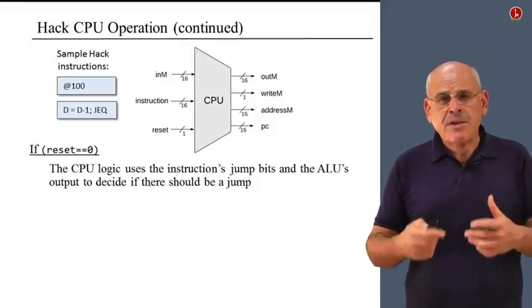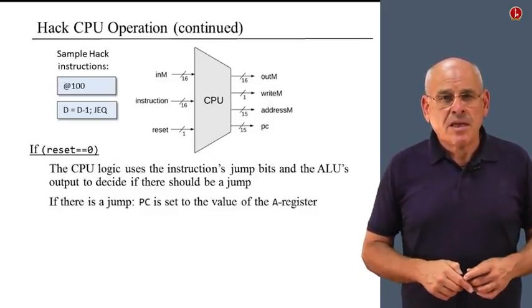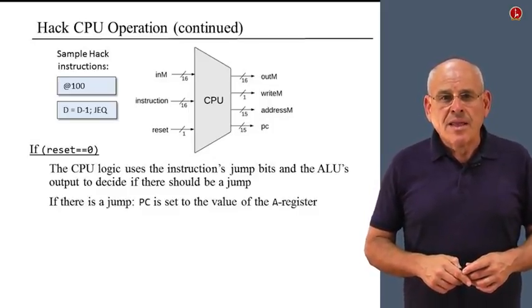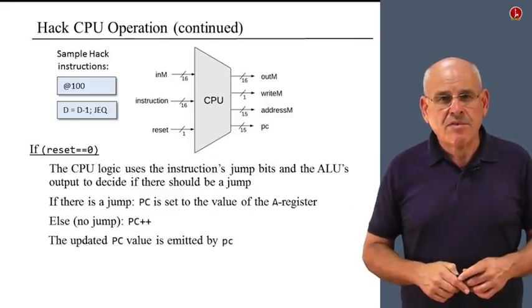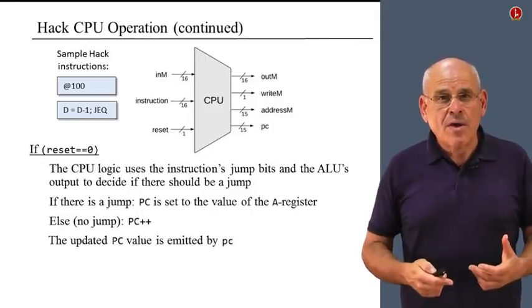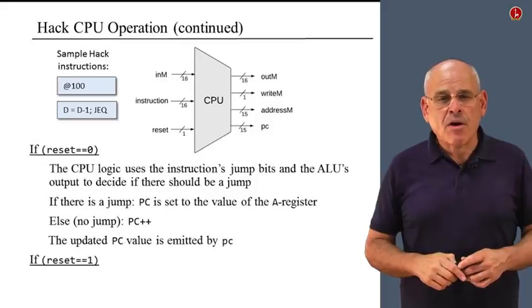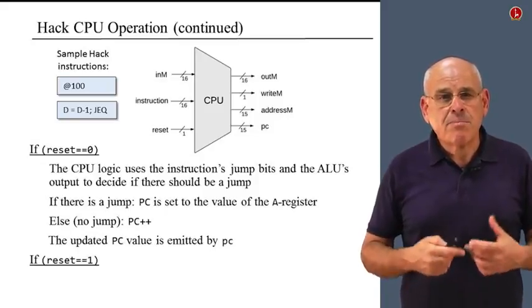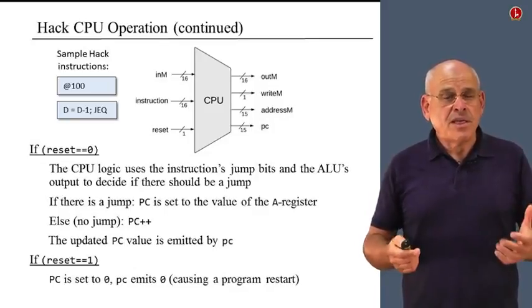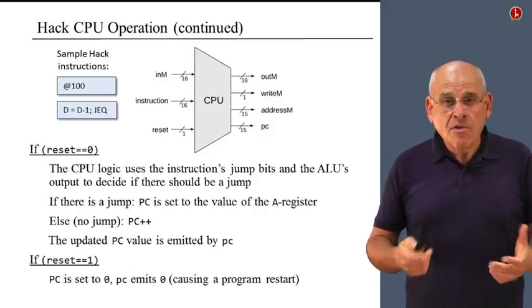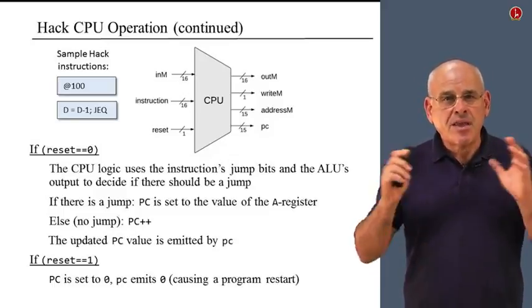If there is a jump, PC is set to the value of the A register. If there's no jump, PC is incremented. And the updated PC value is emitted by the PC output of the CPU. If reset equals 1, it means that the user wants to reset and rerun the program from the beginning. So in this case, PC is set to 0, and that's the end of the story. So this, in a nutshell, is the contract according to which the CPU is supposed to operate in the overall